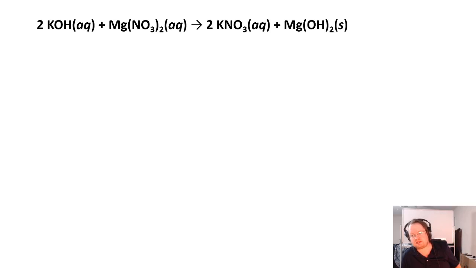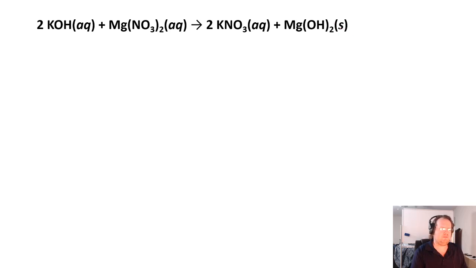Now that we've talked about precipitation reactions, we need to think some about what's really happening and what part's really changing when we do a reaction. To do this, we're going to use this example balanced chemical equation of a precipitation reaction. If you take potassium hydroxide and you mix it with magnesium nitrate, which are both aqueous, you get a solid that forms called magnesium hydroxide, and that's the reason it's a precipitation reaction, is because you have this solid that